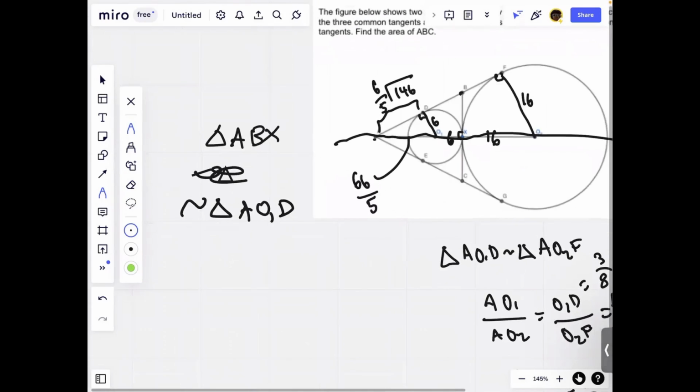So then this makes BX over AX equal to O1D over AD. This somewhat triangle. So BX